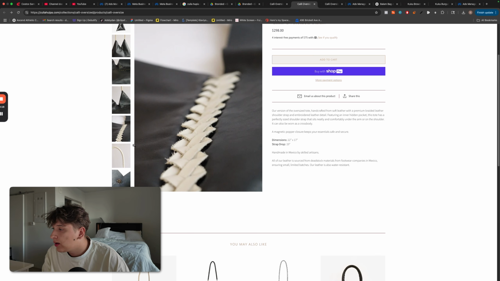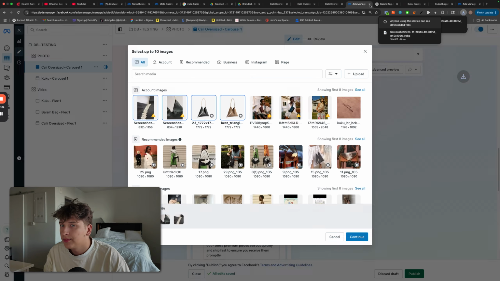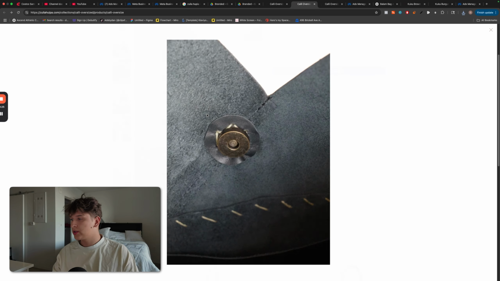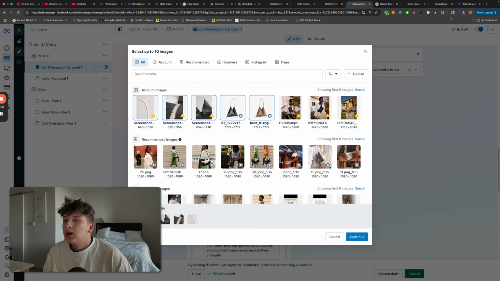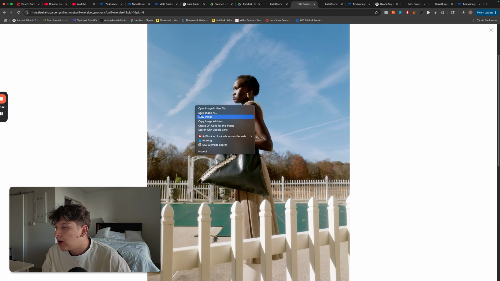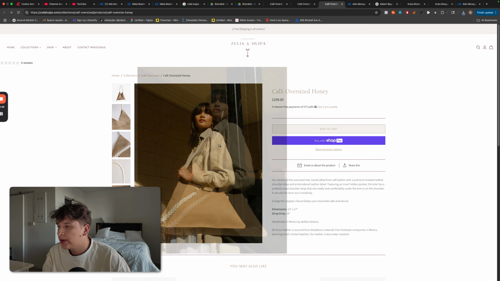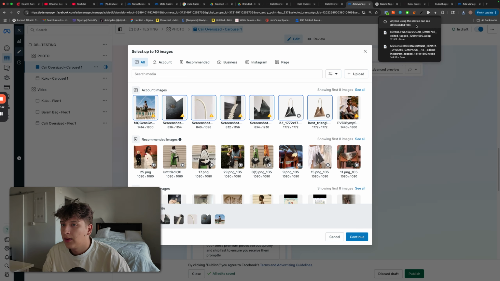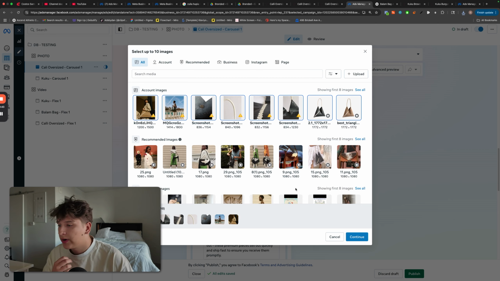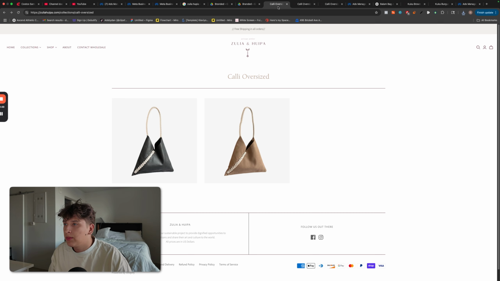And then what else? The handle. Yeah, let's show off the handle. And then the actual, I guess, clip. And then let's do the on-body models and her as well. And now we're chilling. This should be a bunch of different ads. Right here we have 8. Continue. We're gonna do those, and then now let's do the same thing for